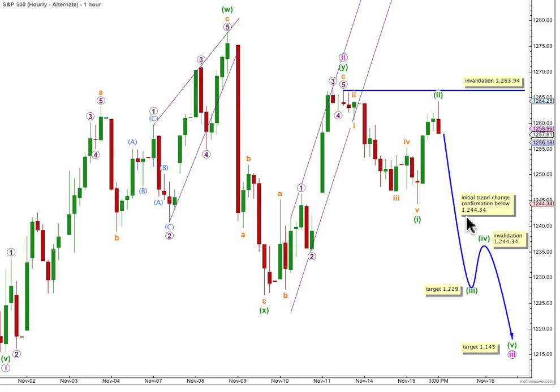At that stage, we'll have initial confirmation that we may have had the end to 2 pink and that 3 pink may be underway. At 1229, wave 3 green would reach 1.618, the length of 1 green. When wave 3 green is a complete 5-wave impulse on the hourly chart, we should then look out for a 4th wave correction, which can't move into wave 1 green price territory, so at that stage we move the invalidation